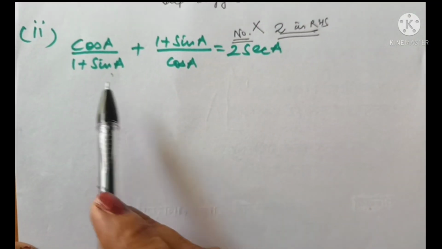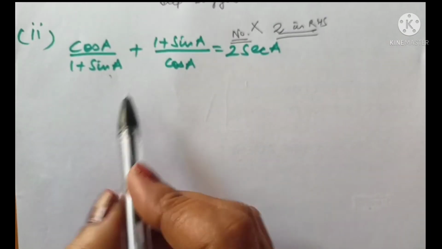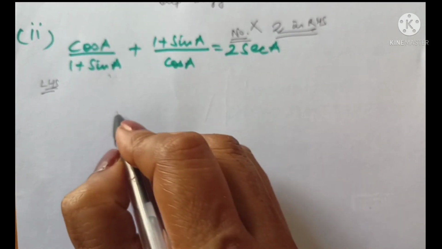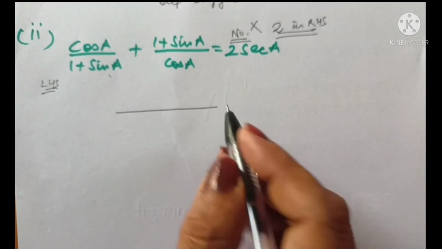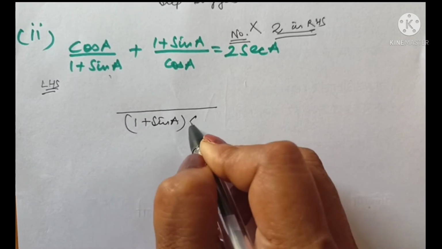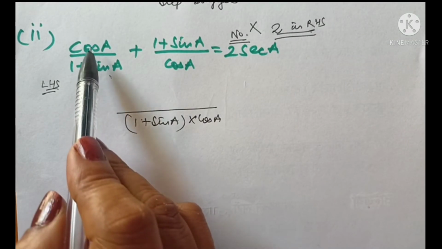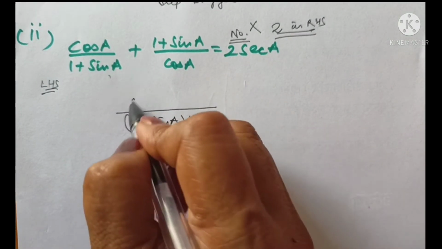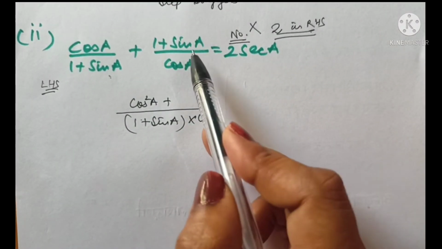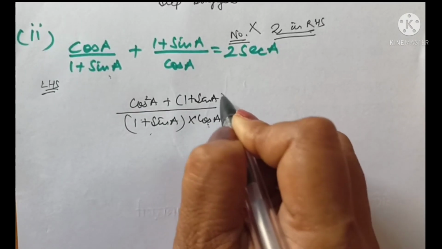Let's go to second part. To begin with, see, they are already converted to sin cos. So what is the first step that comes to your mind if I consider LHS? The first step that comes to my mind is taking LCM, because there is nothing else that I can do. So I simply take LCM, 1 plus sin A in a bracket, multiply by cos A. Now this already has 1 plus sin A. So cos A will be multiplied by cos A. I get cos square A. Second term has cos A in the denominator. It will be multiplied by 1 plus sin A. So I have 1 plus sin A whole square.